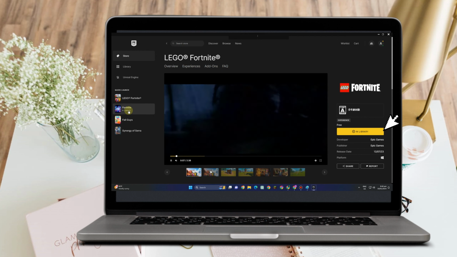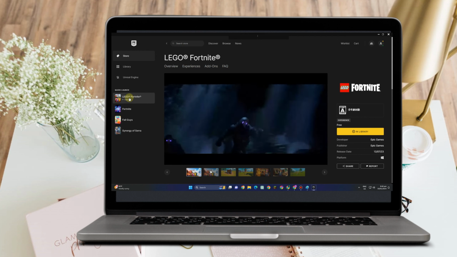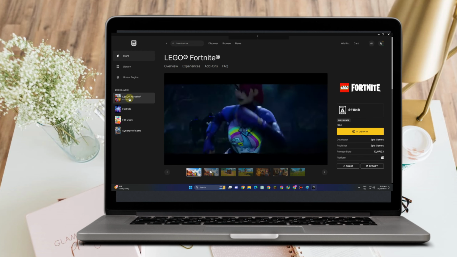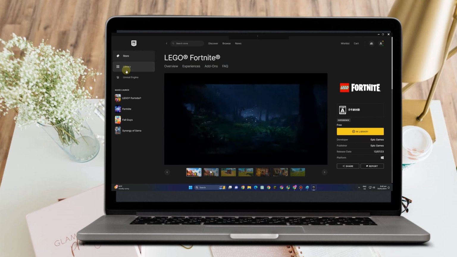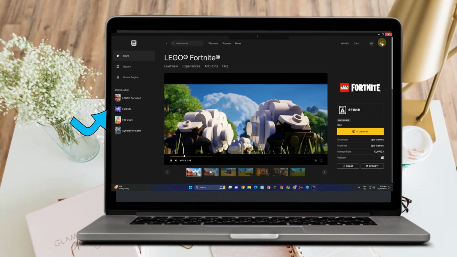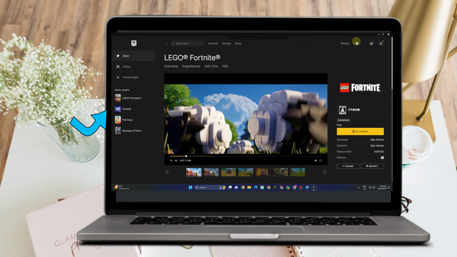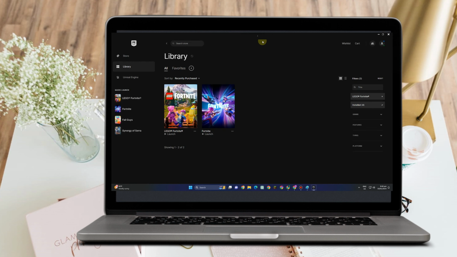So once Fortnite and Lego Fortnite is now in your library, all you have to do is to click launch and it will start running. And then once done, you can now play this Lego Fortnite. Okay, so again, you have to install Fortnite and then Lego Fortnite. And then once done, you can now simply play this game, and that's how easy it is to download Lego